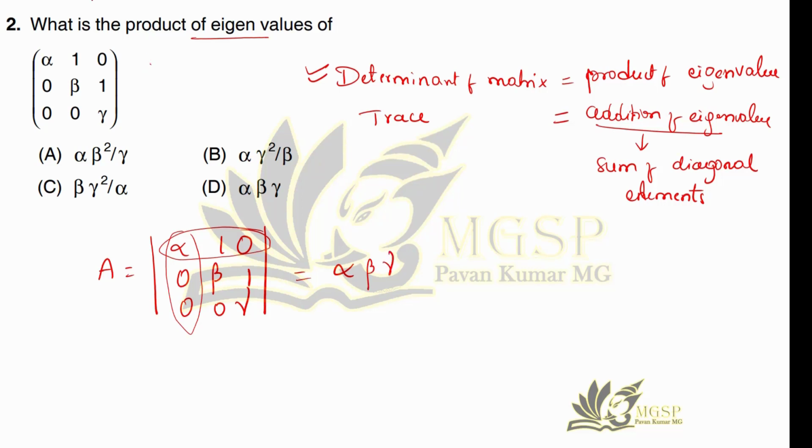Again, one second. Now I will consider this term and this term. You have seen in 12th class, when you consider this row and this column, they are eliminated. Just do cross multiplication. So we will do minus 1 into 0, and 0 into gamma, which will be 0. Again, if you consider this and this, it will become 0. The answer is alpha, beta and gamma.